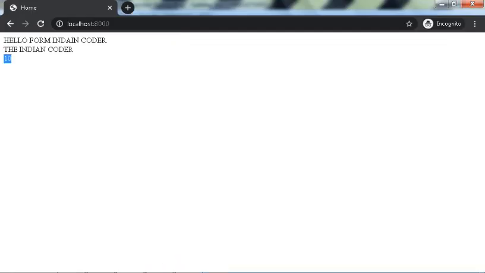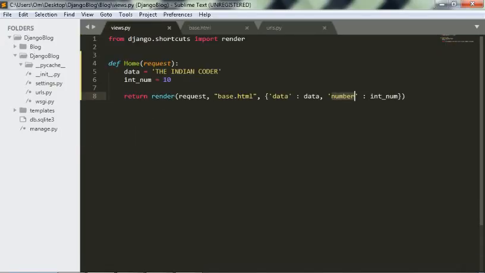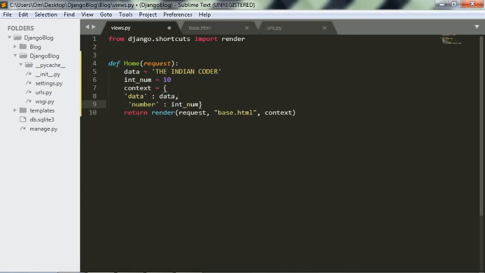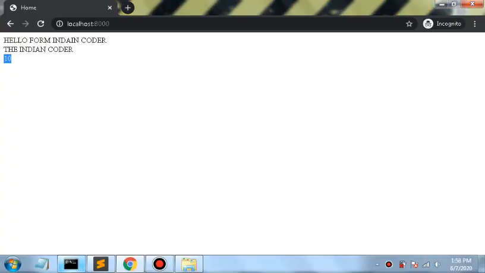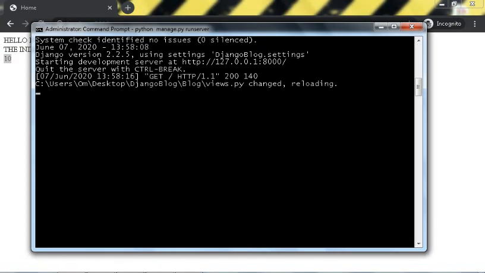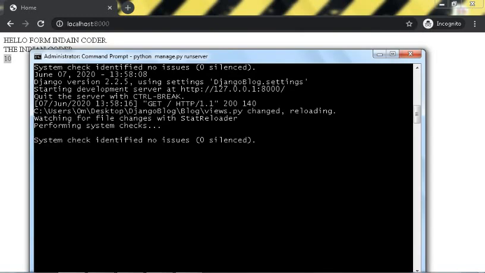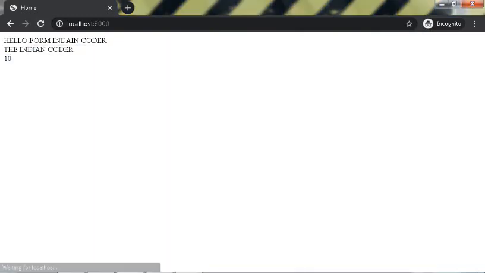Yeah, you may see the value, but as you increase the complexity of your application, this is going to be worse. So to keep this clean, let us just create a variable context, and give it the value of the data which we have to pass. It will work the same. Let me check the server is refreshed. Yeah, the server has reloaded. Now you may see the same things are appearing.